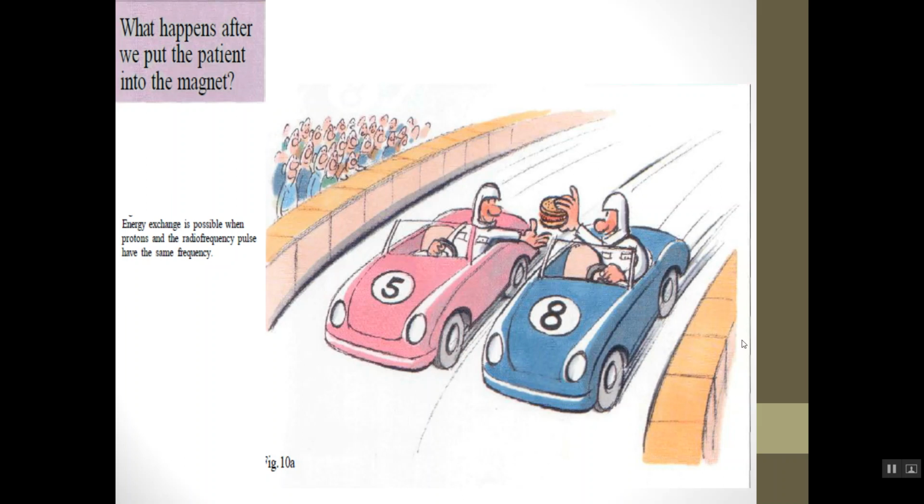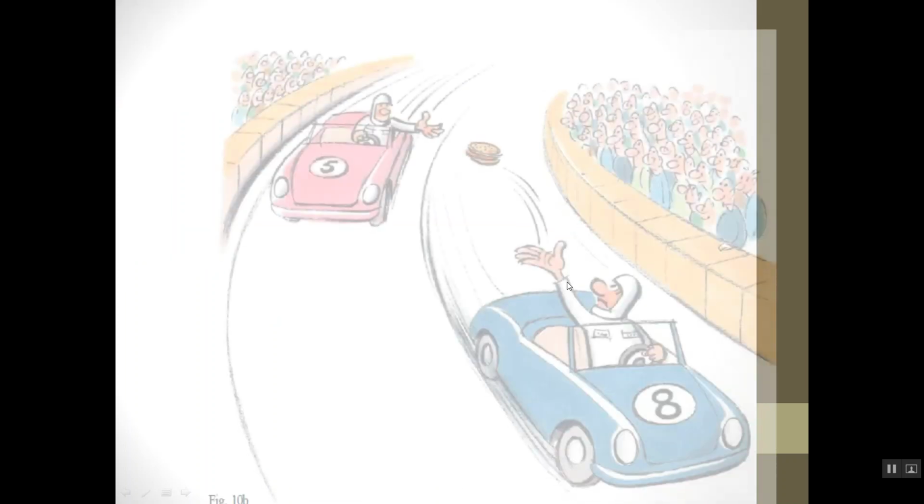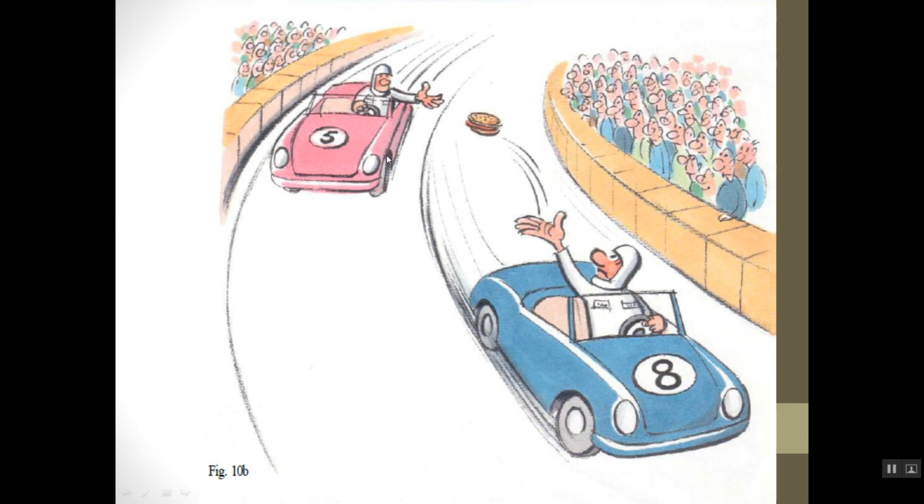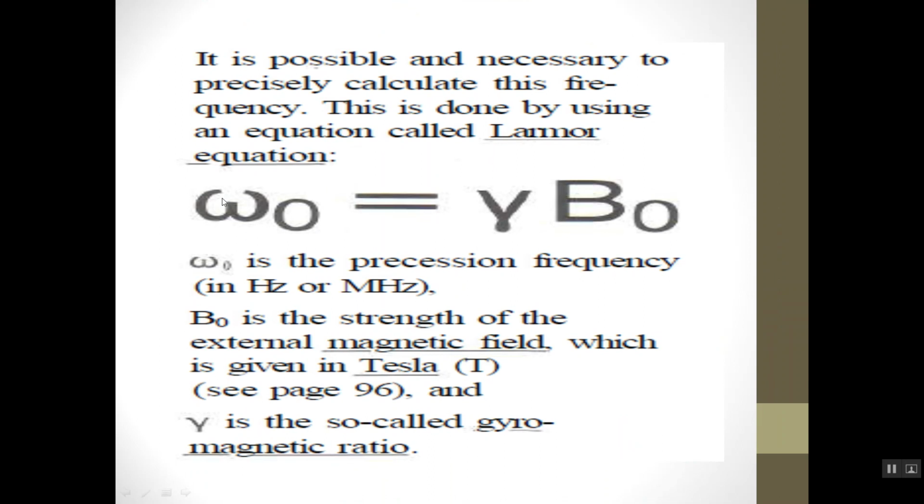Like in this example, if I have two cars moving with the same speed, it's easy for this driver to transfer energy to another driver, to transfer this sandwich. But if the two drivers are moving with different speeds, it's very hard to transfer energy between them. So it's important to know the frequency of protons by the Larmor equation,